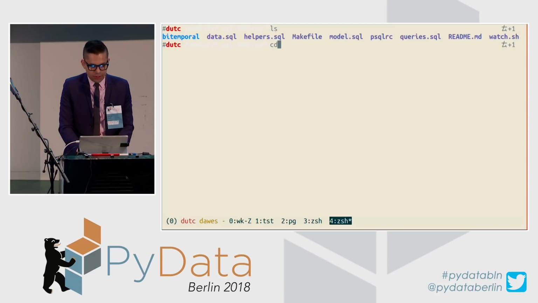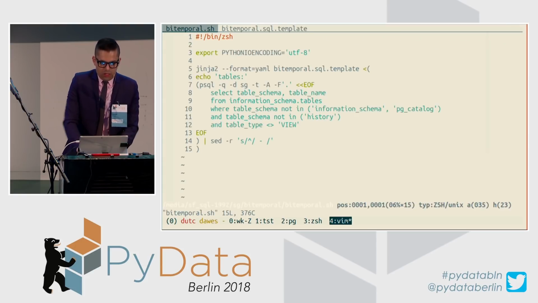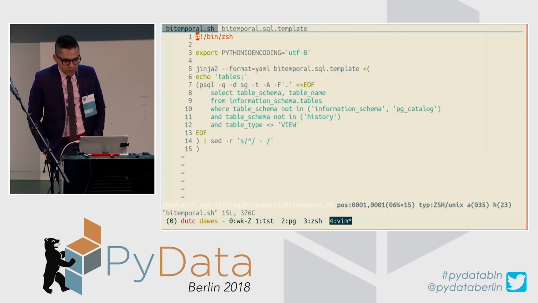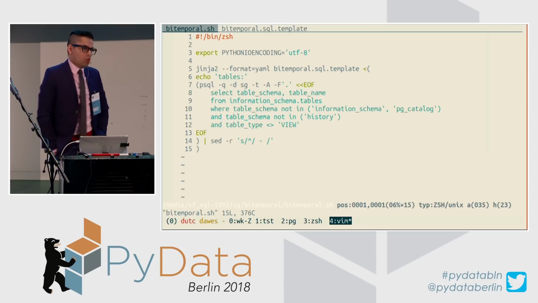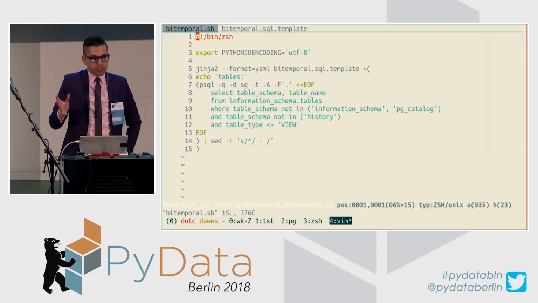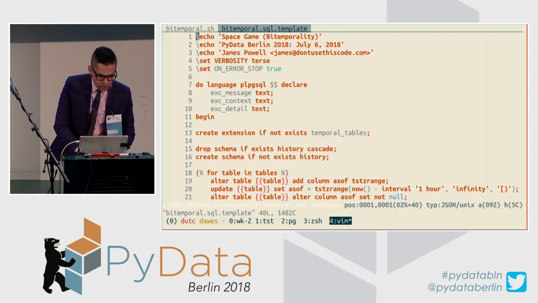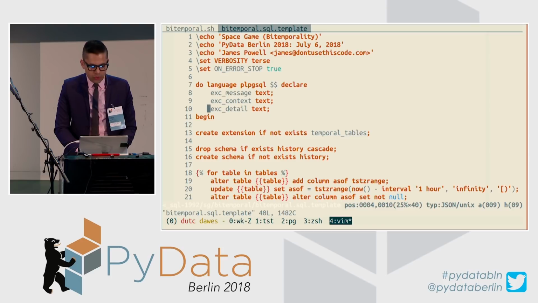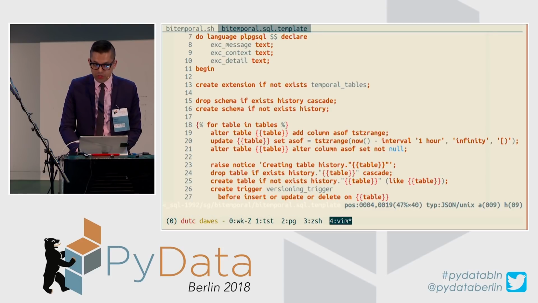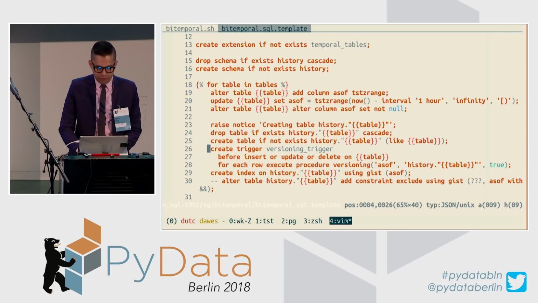There's a folder here in my repo called bitemporal, and in this folder, I have 2 files that I won't actually edit. One of them is a simple shell script that just goes through every single one of the tables that I have, and it'll identify tables that aren't history tables or aren't internal use tables, and it'll just run a simple Jinja template on some templated SQL. And the templated SQL just looks like this. A couple of alter tables and a little trigger.